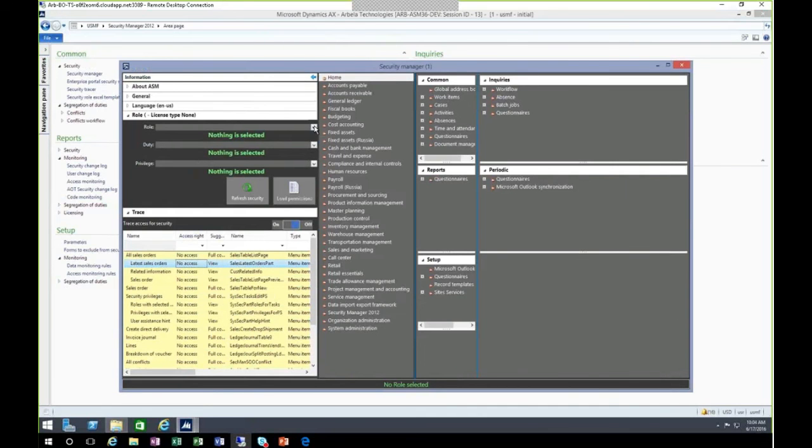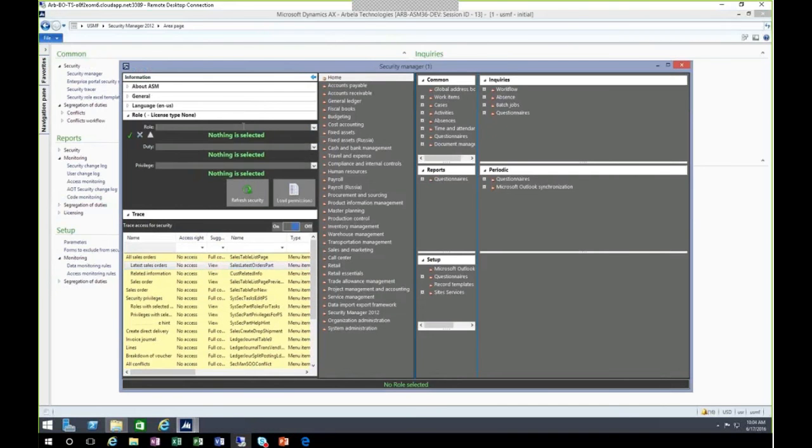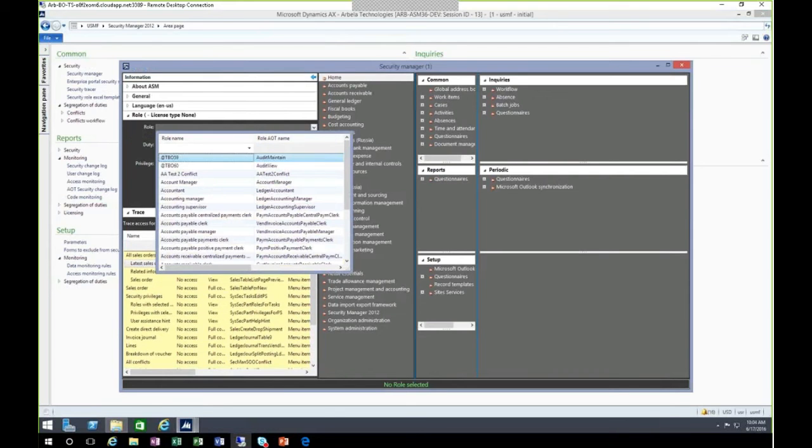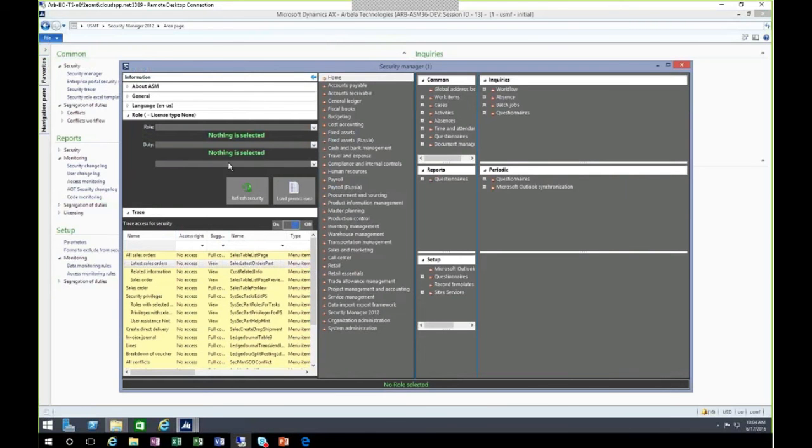All right, no. So as you can see, what I have to do is select a role, select a duty, or I can select a privilege, right? If I select a role and I change the access, well, let me just choose something very easy, a very small role, just so that it doesn't take very long to load.